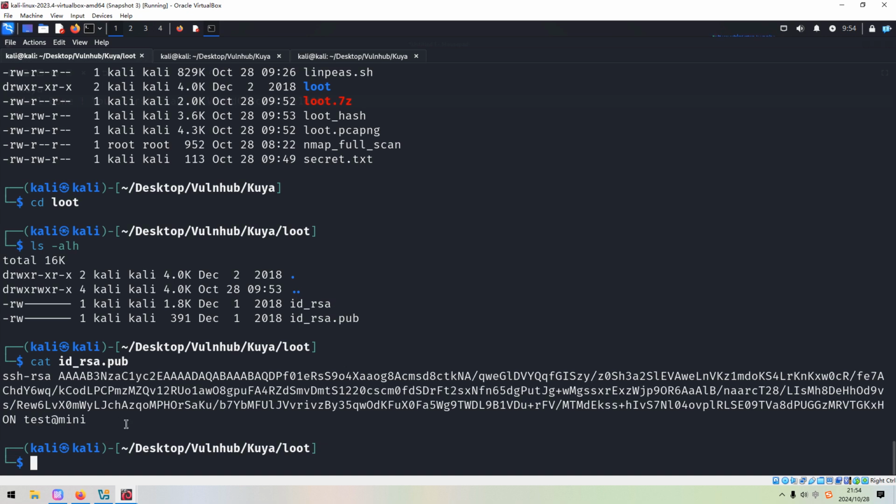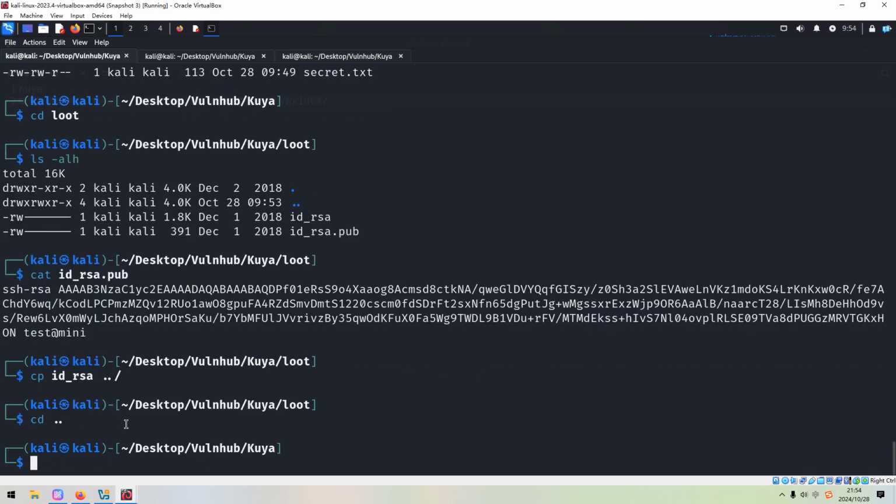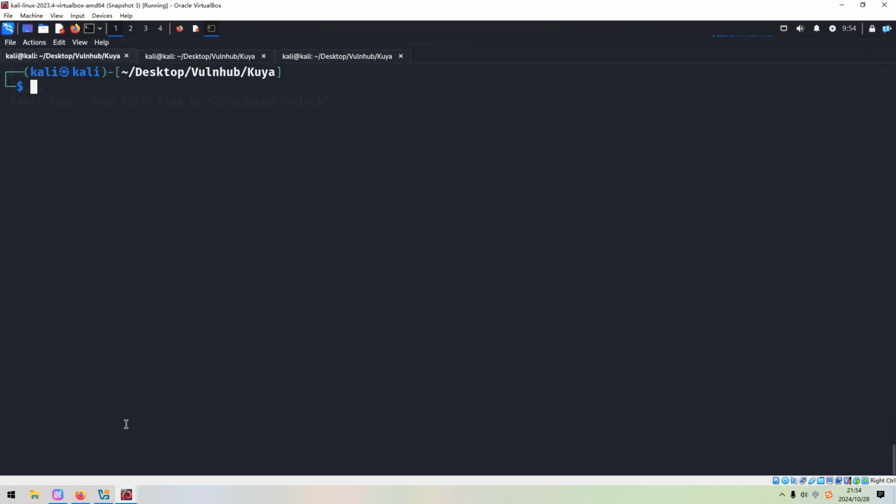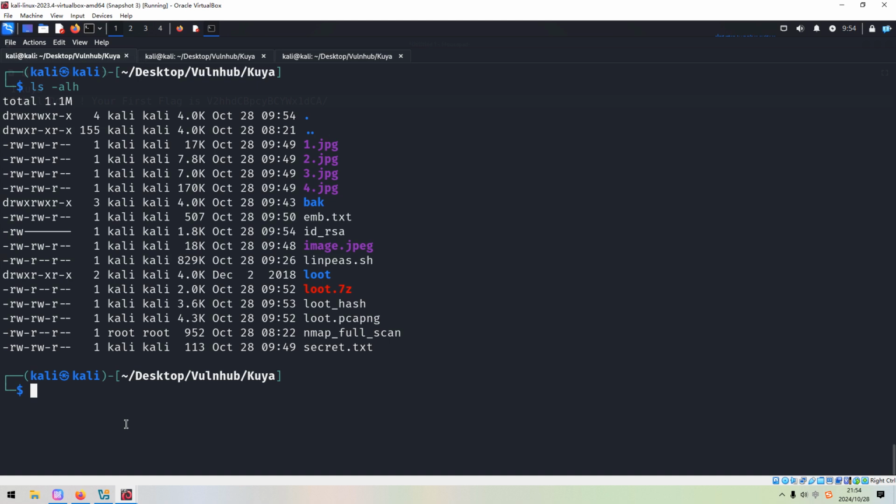So then I think we can copy the private key to the upper layer, and then work in the working directory: ssh with the private key, test. Press enter. However, this private key is again protected by a passphrase.